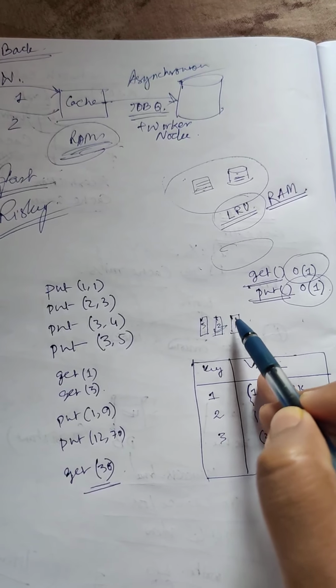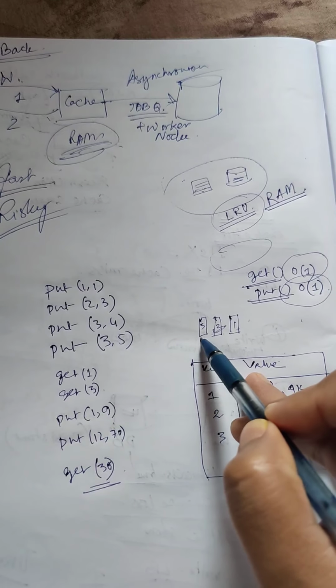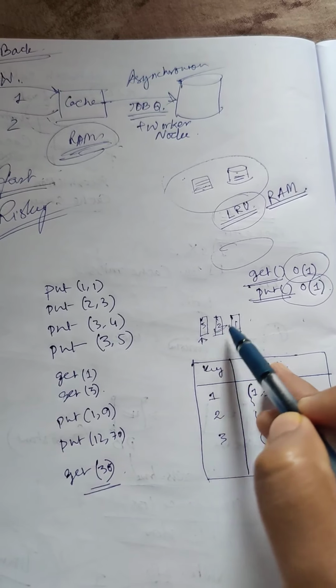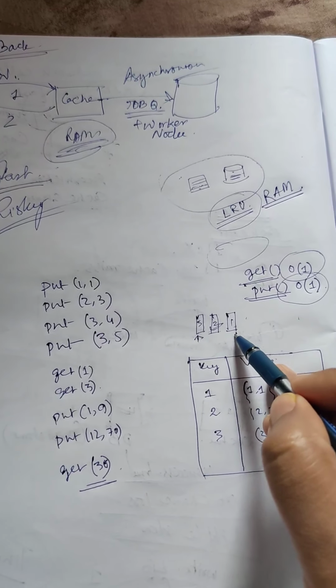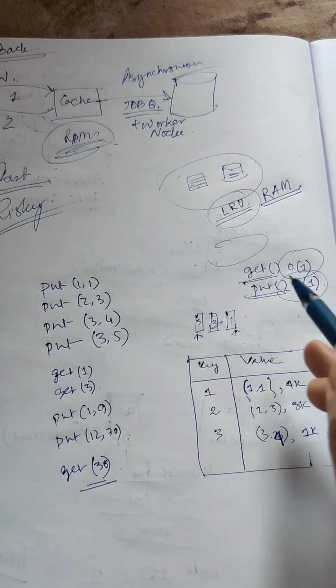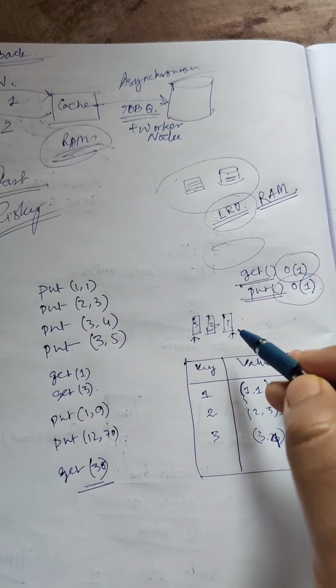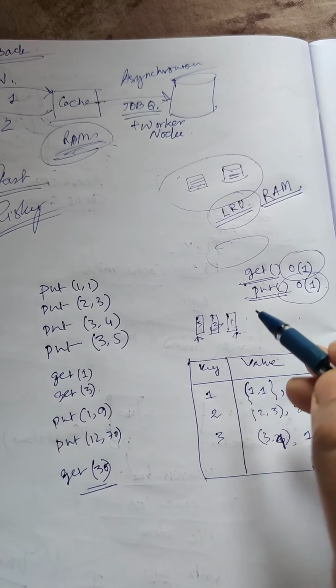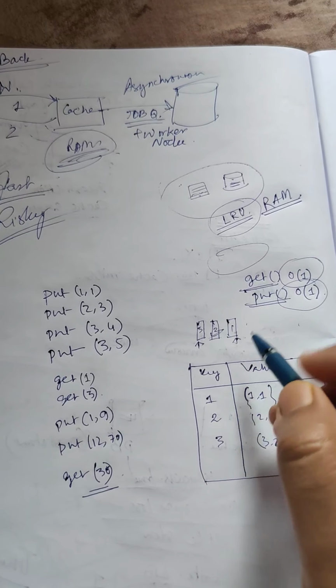The first item added is 1, then 2, then 3. So 3 is going to be our latest item, and 1 is going to be the oldest item. Now if we want to delete anything, we will delete the oldest item, because that is the least used item, right? And this is the currently used item. Now the question is,